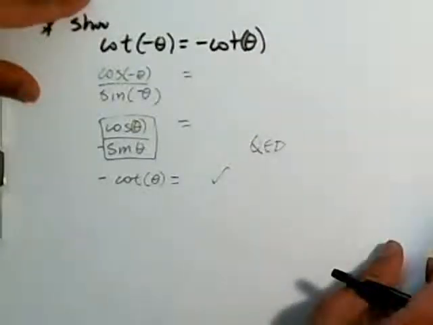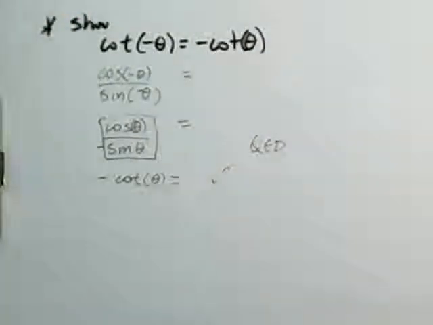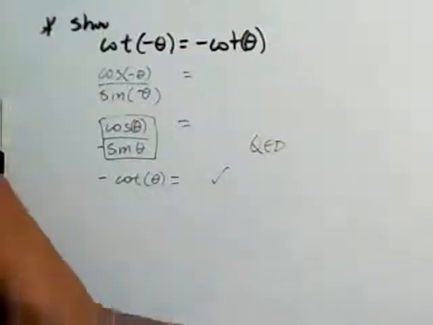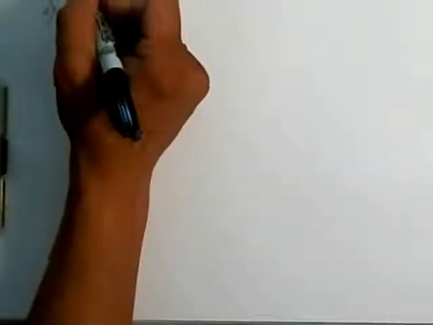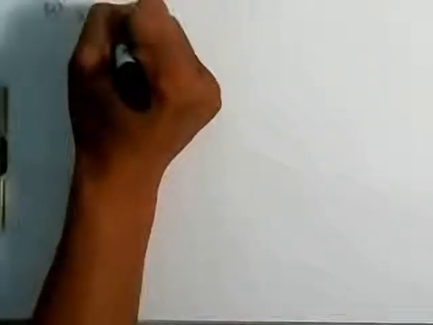So let's do one that's a little bit more difficult. I'm going to get some more paper out because I'm running out of paper here. And so let's try to work it out with some other problems. Let's look at, I'm going to use this pencil, number 32. Prove that sine of negative theta